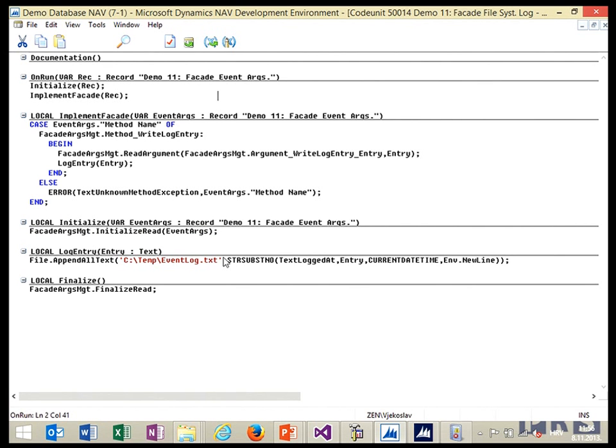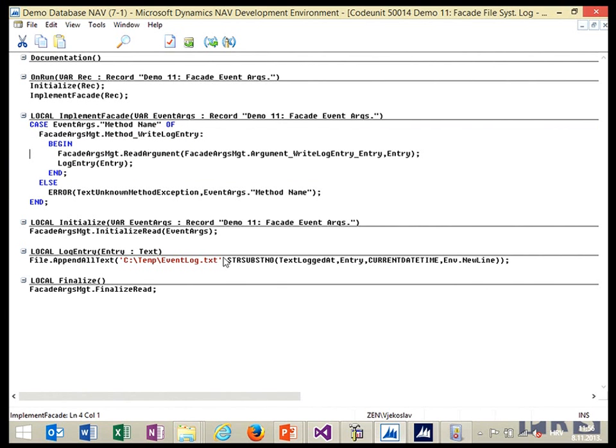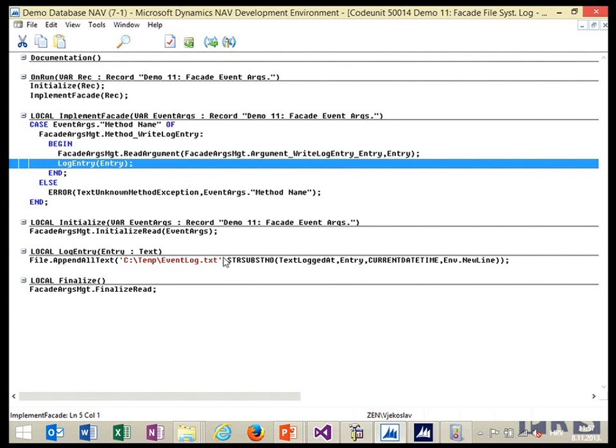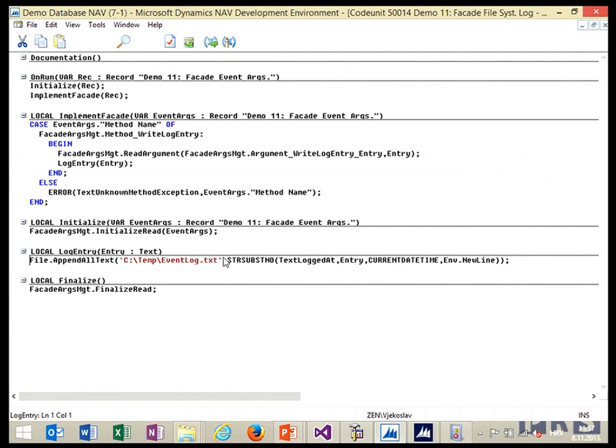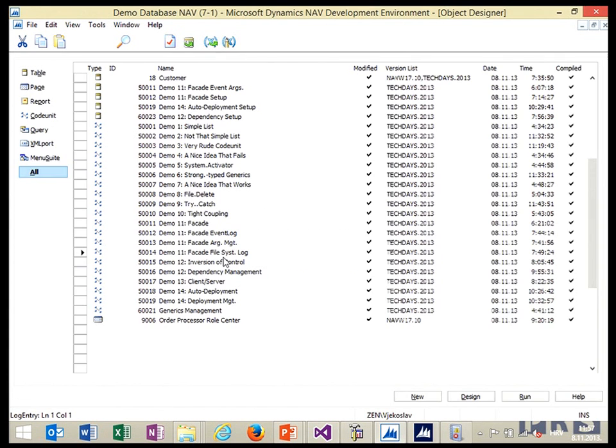Then I implement the facade, which has a case block, which for each method that this code unit supports, first checks if I have arguments for that method in the blob. If I do, it reads them from the blob, and then calls the log entry function, which is a specific log entry function. It is actually writing to a text file. So let me